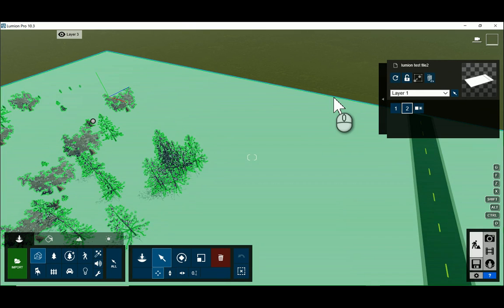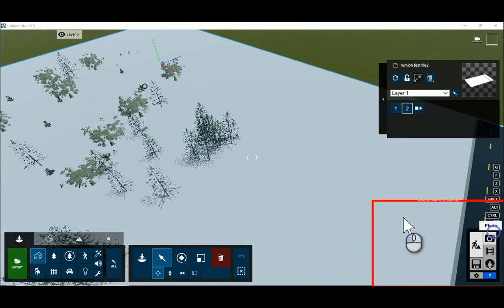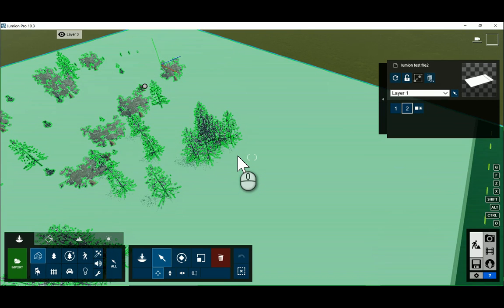So there's a lot of really cool, fun things about this software. It's a super powerful program. And one thing that's really neat about this is that it allows you to see what the final product is going to look like before you even hit render. So anyways, hopefully